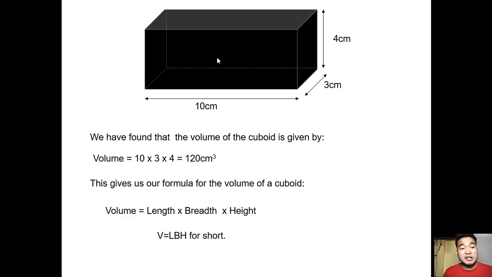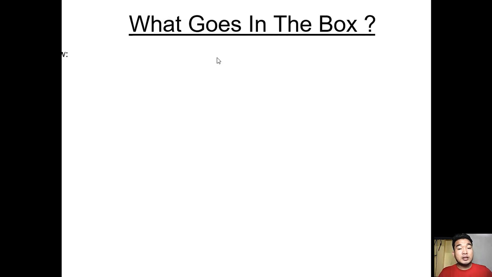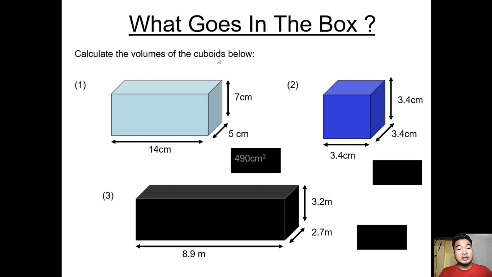Or in some other references, we use V is equal to L times W times H. Or sometimes it's area of the base times the height. So what goes in the box? Calculate the volumes of the cuboids below. Number 1, we have 14 by 5 by 7. So we just multiply this. So we will be having 14 times 5 is equal to 70, times 7 is equal